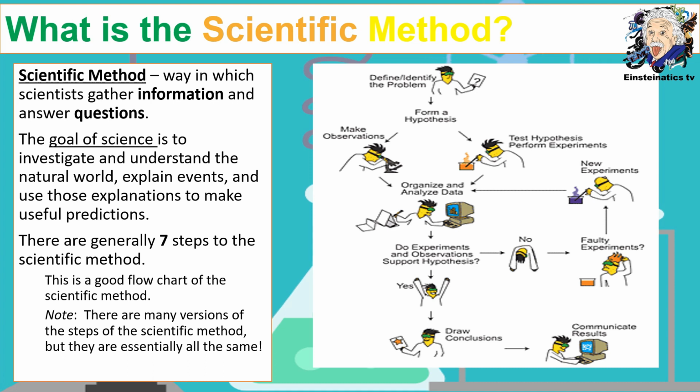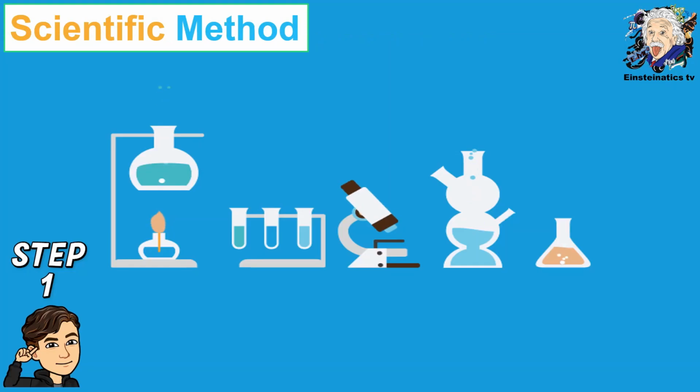But actually, the diagram on the right clearly exemplifies what the scientific method is. This is a good flow chart of the scientific method, and there are many versions of the steps, but essentially they are all the same. Now, we are going to explore the